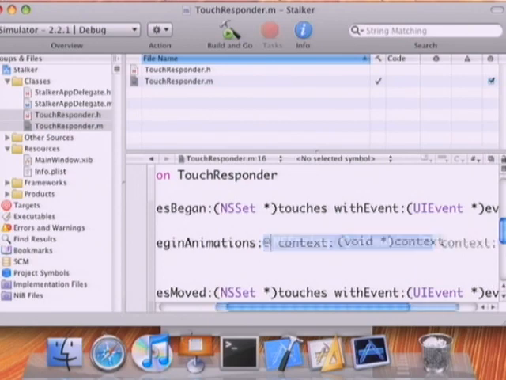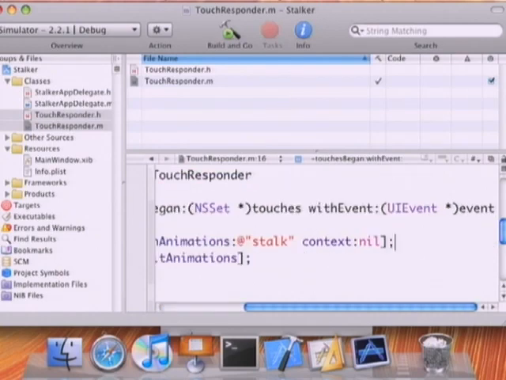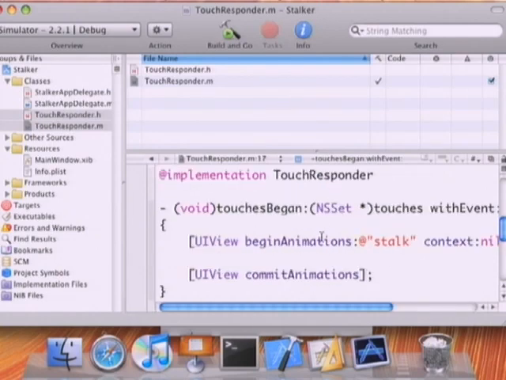I'm going to call this stalker. Stock. Is that how you spell stock? Stock. Context, nil. And here I'm going to say UI view commit animations so that when it's done, it's done. It actually starts the animation. And I'm just going to say stalker dot center equals